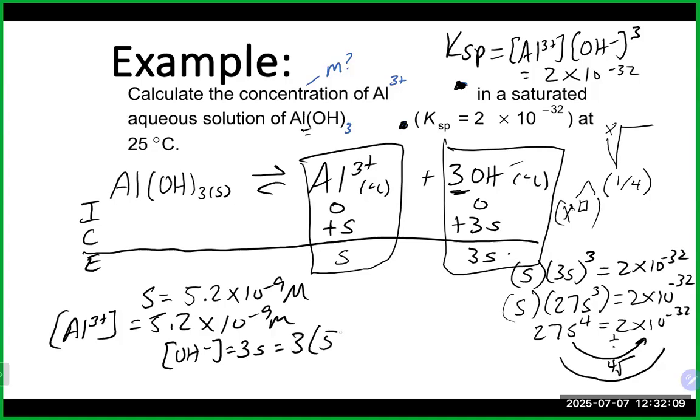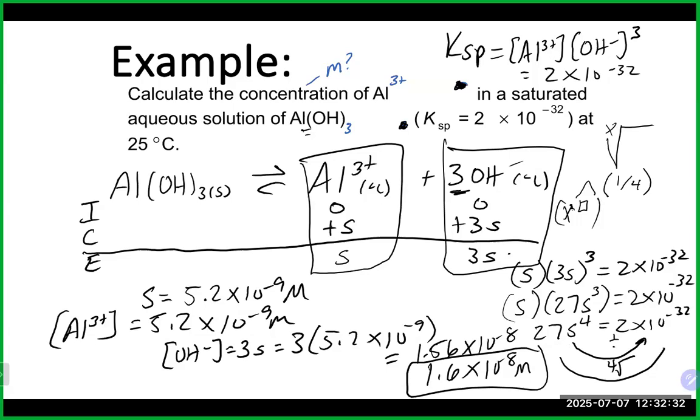So for hydroxide, its concentration would be 3 times 5.2 times 10 to the negative 9. And that would get us something like 1.56 times 10 to the minus 8, or 1.6 times 10 to the minus 8 molar,